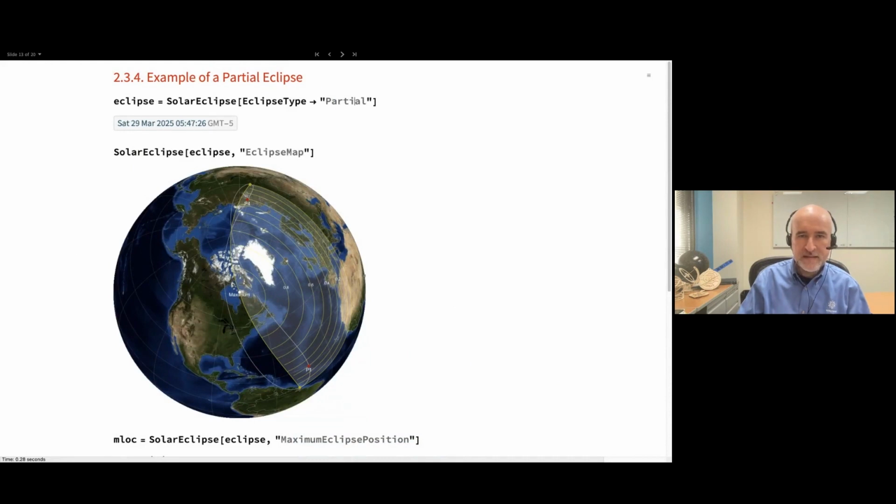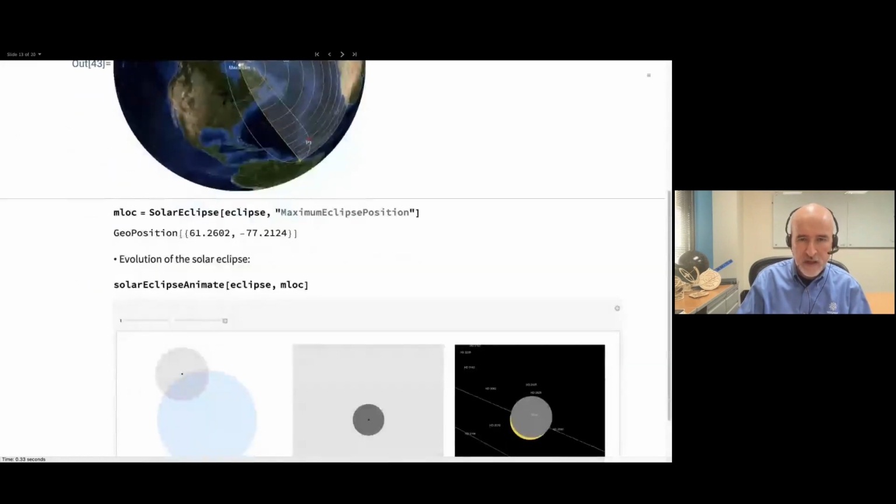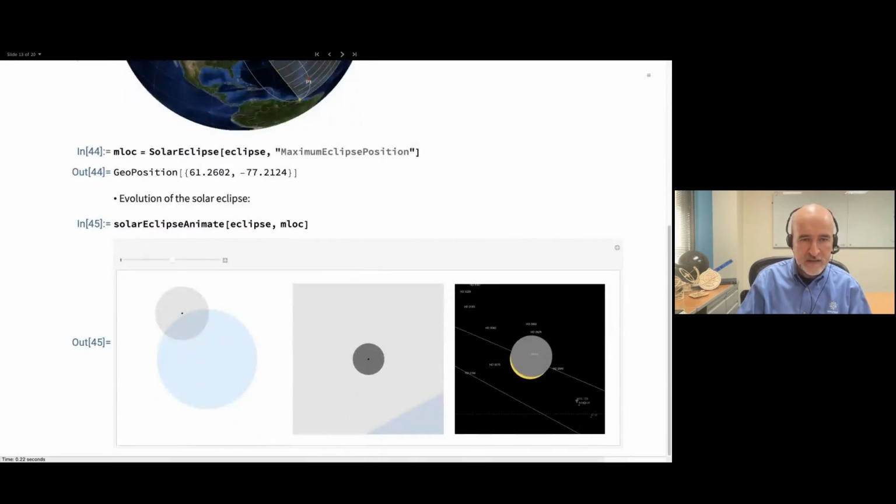And then the last, there are two more types I want to discuss. The partial eclipse, that's a typical map of a partial eclipse. Again, the two lobes have merged. And what happens here in a partial eclipse, we see it in this plot, is that the umbra never touches the Earth. You see, here we see that it gets closer to the surface at some point, but it never touches the Earth. And so there is no point on the surface of the Earth from which it's possible to see the moon fully covering the